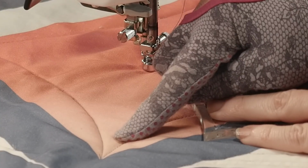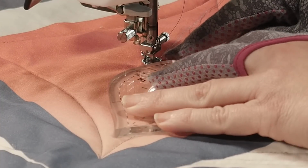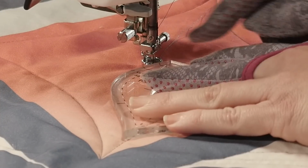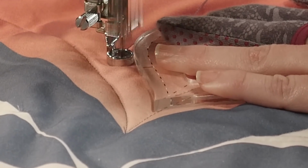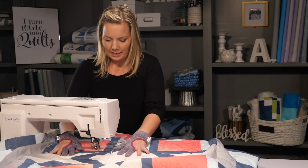So if I'm going to go out to this point or somewhere close, I'm going to position my needle first and then position my ruler and find where I want it to fall on that line. Now I've got to remember, I still want to keep 1/4 inch space in between the dot and the edge of my ruler, and once it has that perfect position, I'm going to quilt along it. Okay, so once I'm there,